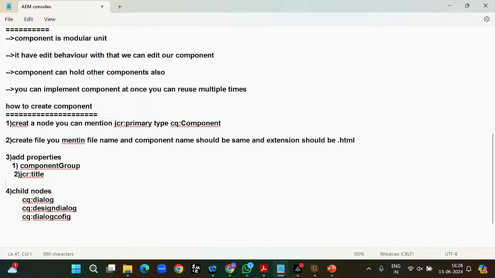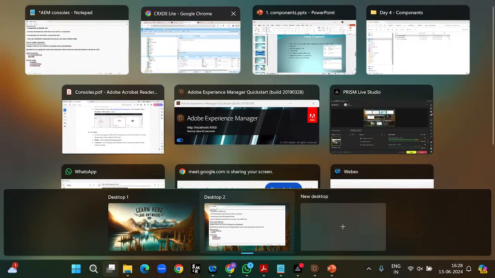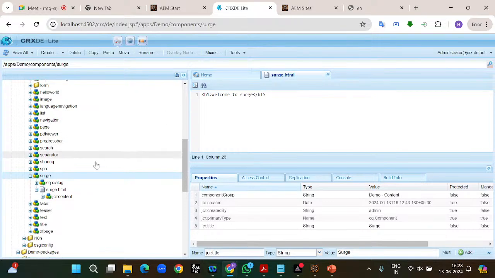Next one is the jcr title. The jcr title is used to call our component on the page with the help of this name. Here we have search, and String is the data type. Most of them are in string format only, string data type only. Okay, next thing is